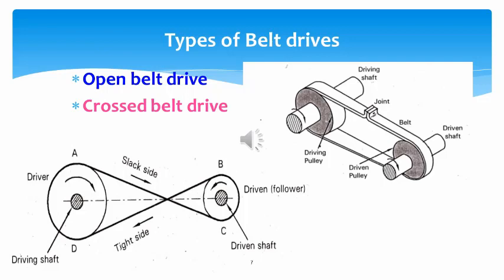Most of you have seen the lathe. The driving part of the lathe consists of a belt drive, or else you can just check the driving system in your vehicle. You can open the bonnet of your vehicle and observe. You can see various belt drives used for running the alternator, air conditioner, transmission system, fuel transmission system, etc. in your automobile or in your car.